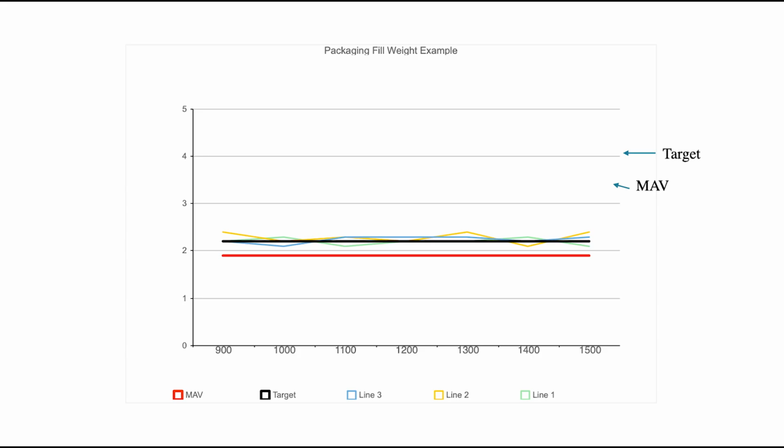It is safe to say that this fill process is better for the customers and for the business. It's probably easier for the line operators to manage also. Everybody wins when you reduce variability in your process. So this is an example of the tremendous power and importance of process control.